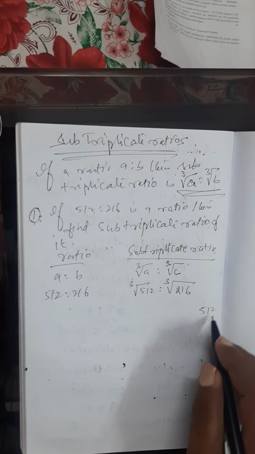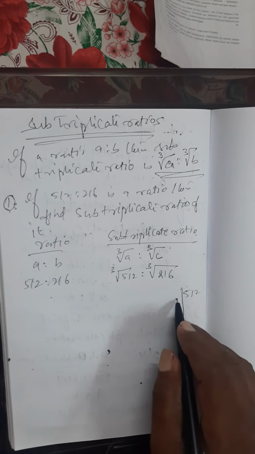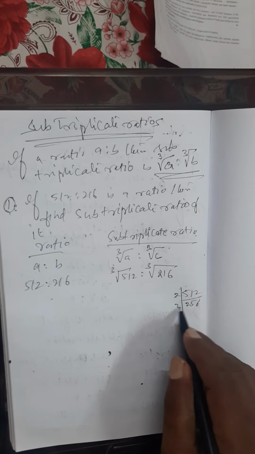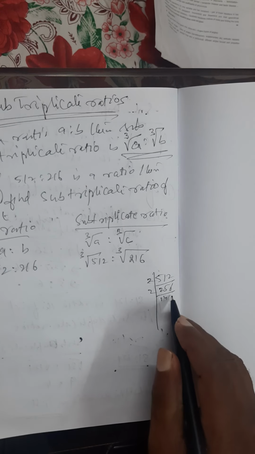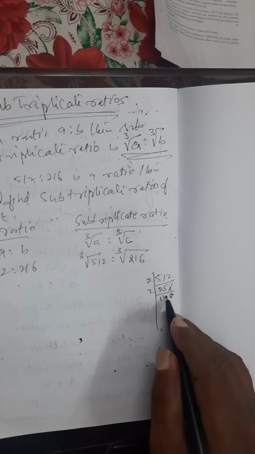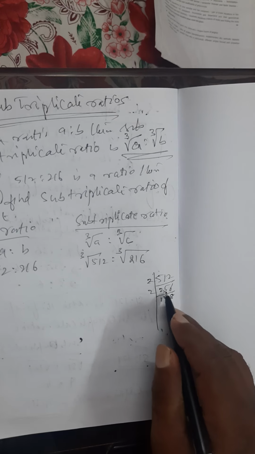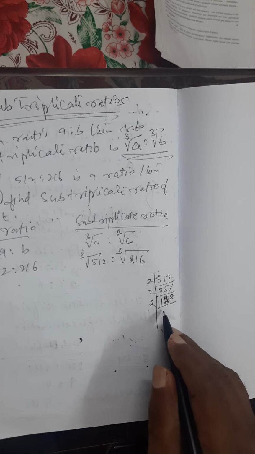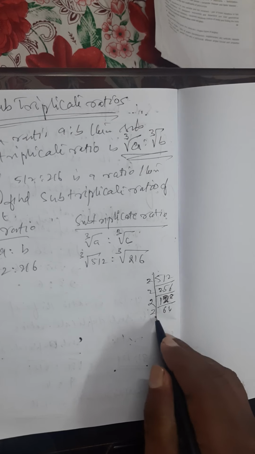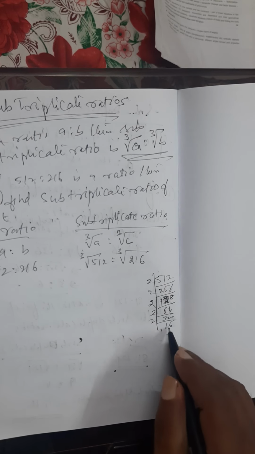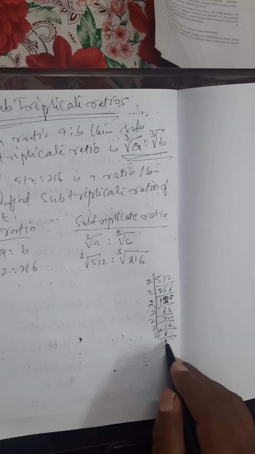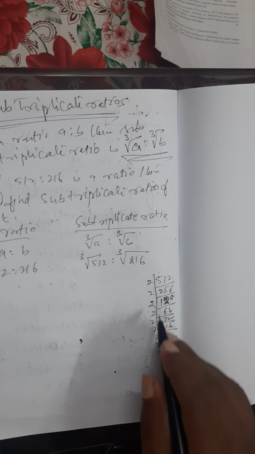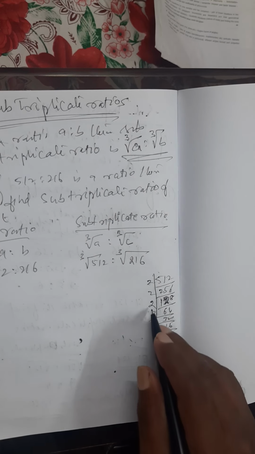We are using the factor method. Take the factors of 512. It goes with 2: 2 twos are 4, then 8, 16, 32, 64, 128, 256, 512. Again it goes with 32 times, 16 times, 8 times, 4 times, 2 times, 1 time. Up to 1 we are getting this. So these are 1 2 3 4 5 6 7 8 9 twos.